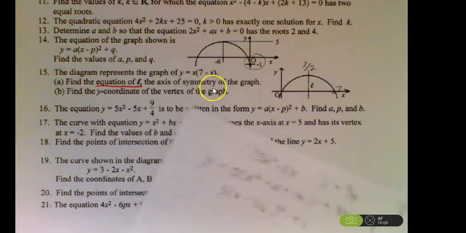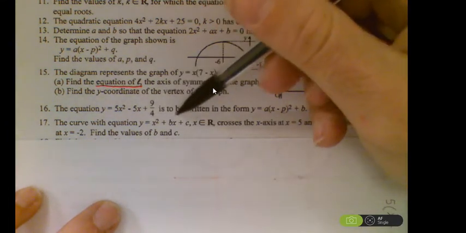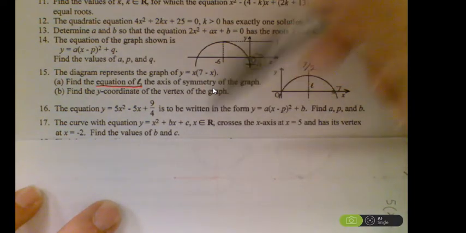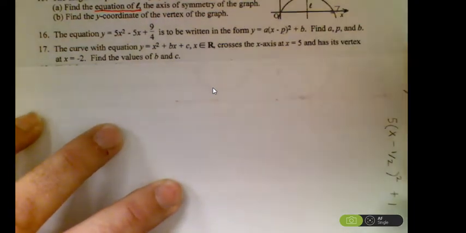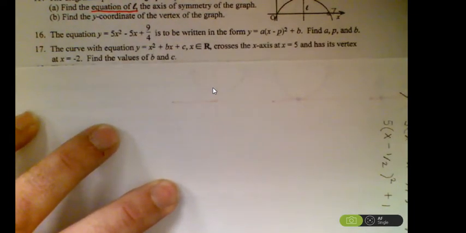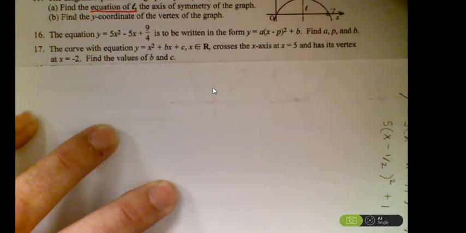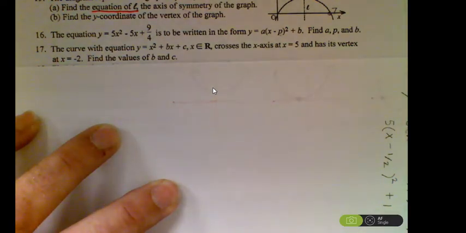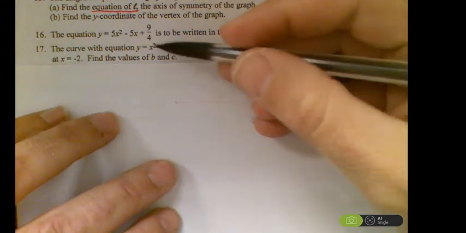So moving on to number 17. So giving us another function, we got a couple unknowns. They're telling us that x has to belong to the real number system, which really is not going to change what we are doing here. It crosses the x-axis at x equals 5 and at x equals negative 2, so figure out the values for b and c. One thing you always keep in mind whenever you're doing a quadratic is the idea of symmetry,